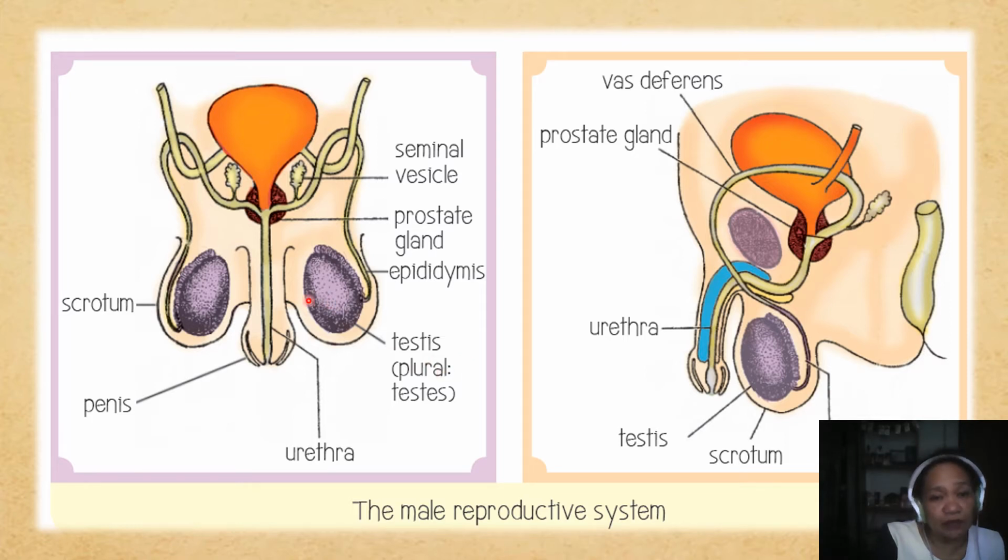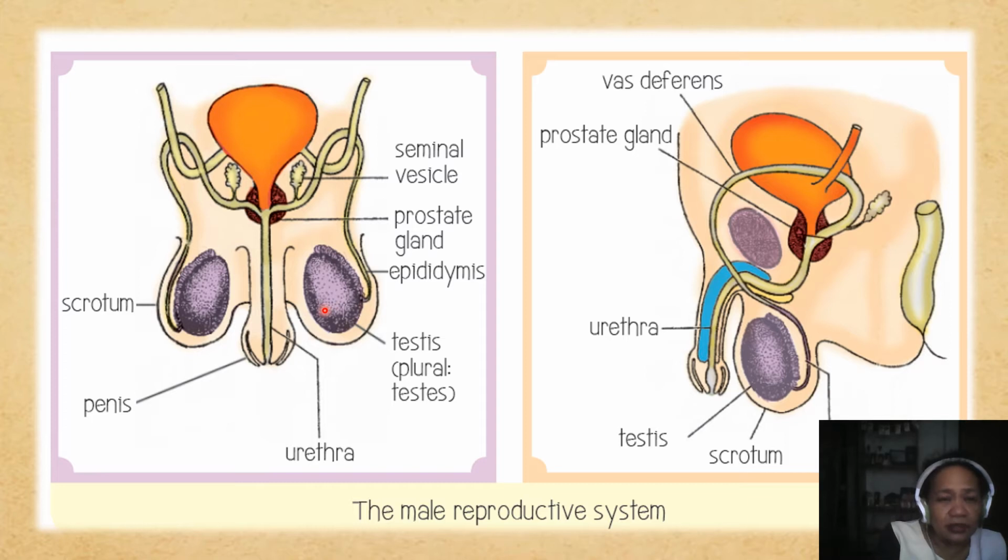In plural, because there are two, it's called testes. This one is the urethra, and this one is the penis. Inside is the seminal vesicle, and this brown one is the prostate gland, and this small tube